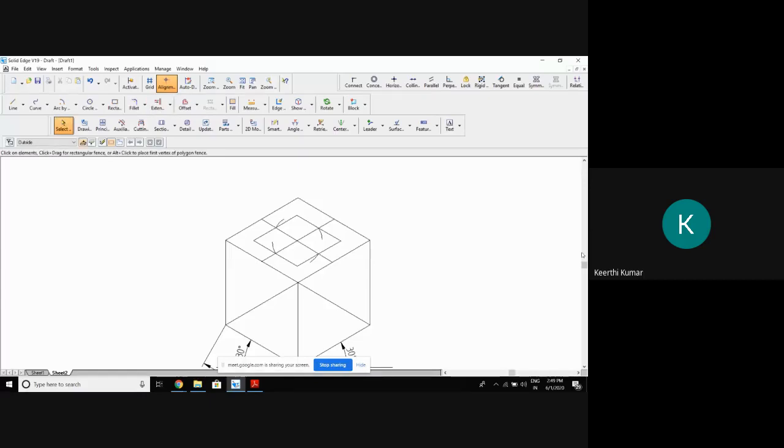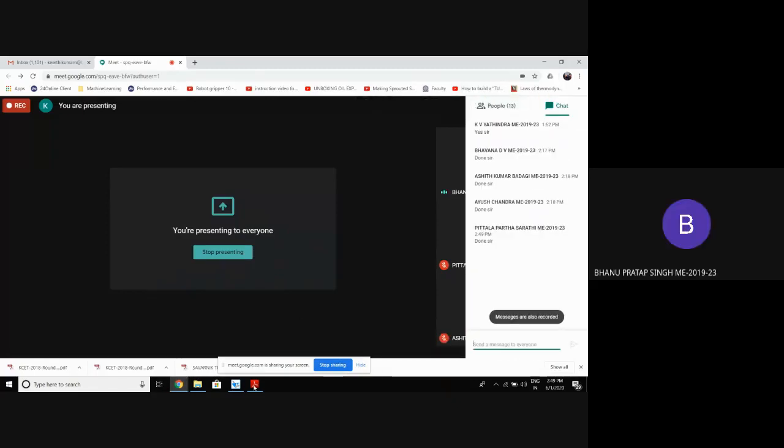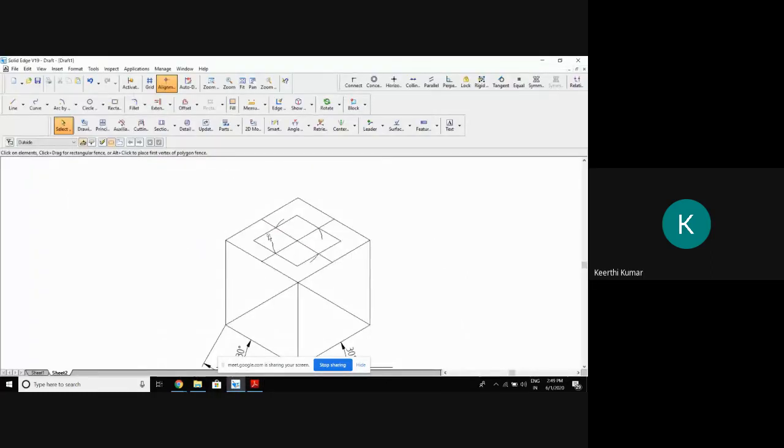Once it is done, please let me know. Don't connect directly from arc to arc. No, it is wrong. You're supposed to draw parallel to the boundary, and that parallel line should intersect that arc and then proceed. So what will be the length of the smaller square? This smaller square length, from here to here, will be equal to 30 into 0.8164. You check it out.